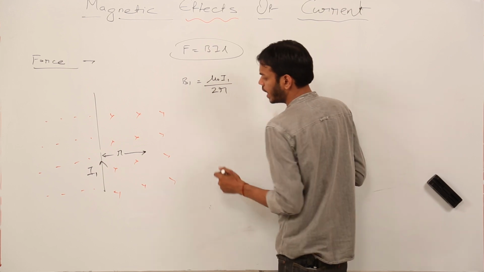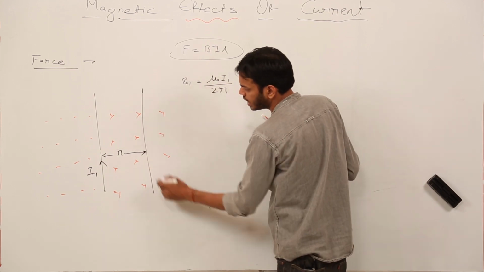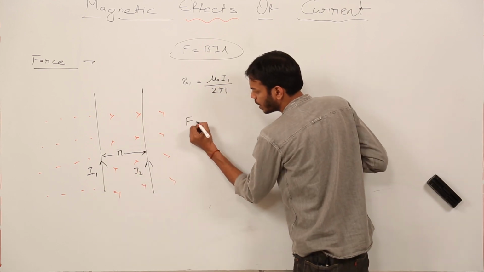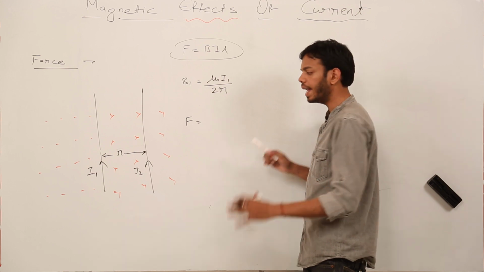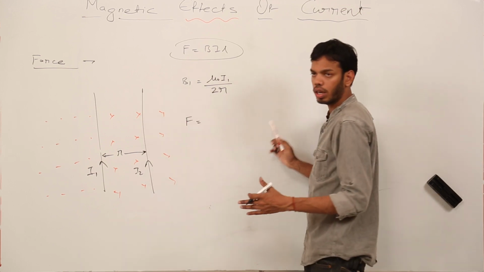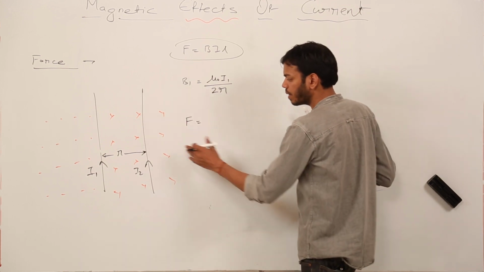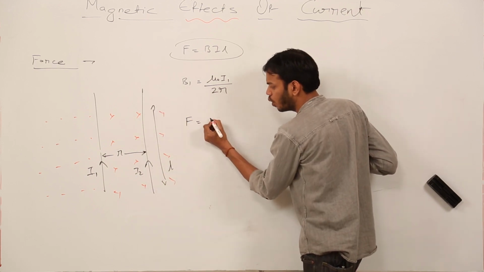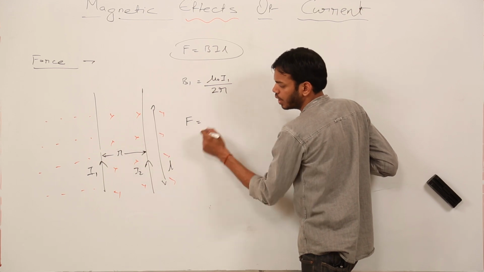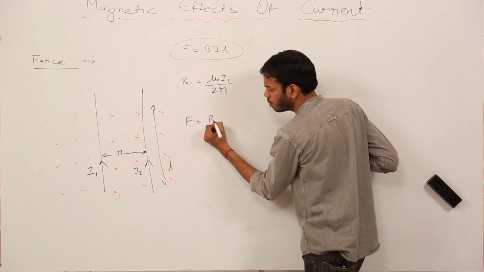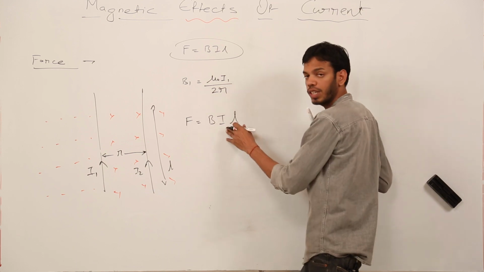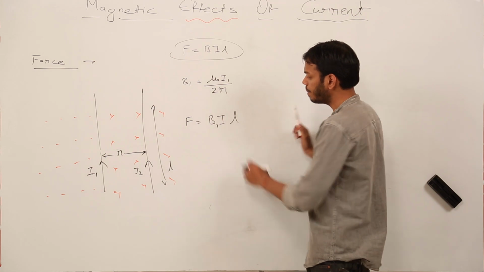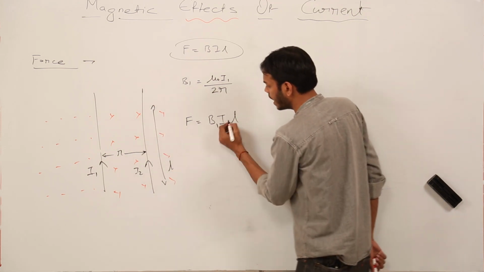So the force on another wire or conductor placed at this distance having current I2 would be given by BIL, the length of this conductor. Let us say this much length is placed here. So the force experienced by this conductor due to the magnetic field is BIL, where first of all the magnetic field is present due to the first wire, so I am taking B1,